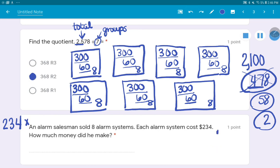All right, 234 times 8. Thank you for correcting me, Tatum. All right, what do I do next? Okay. 4 times 8 is 32, and I put the 2 underneath the 4 and the 8. Carry the 3 over to above the other. Okay. And I put 3 times 8, which was